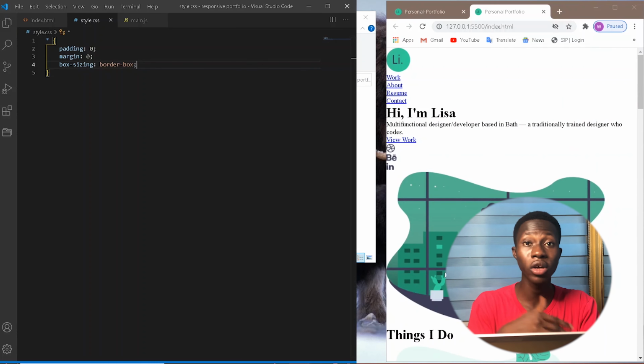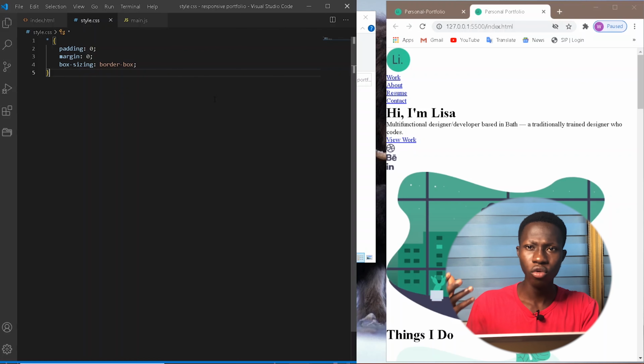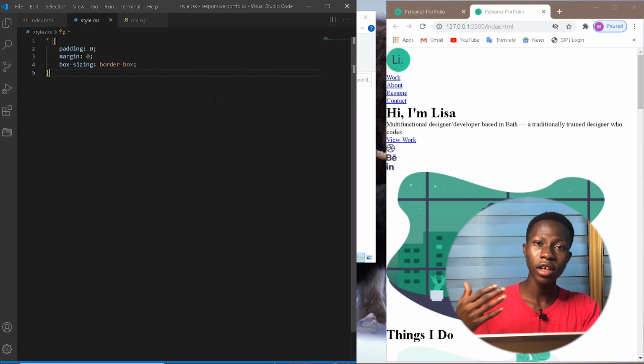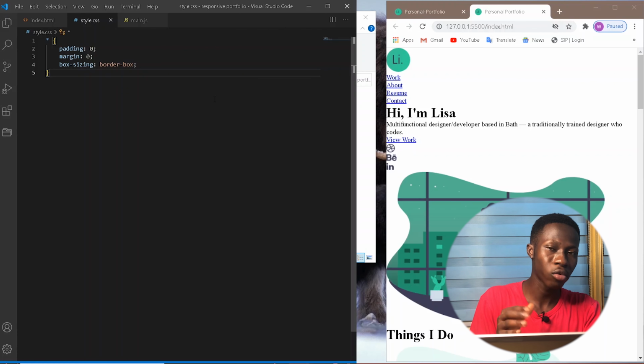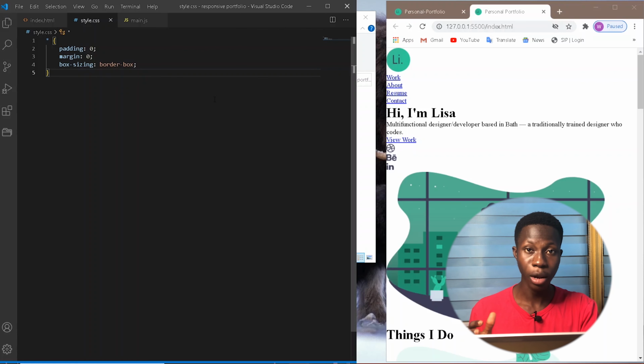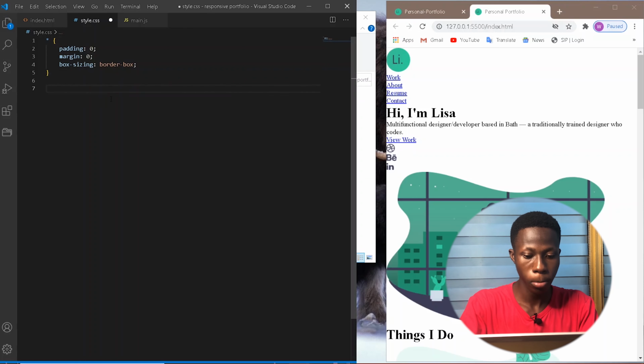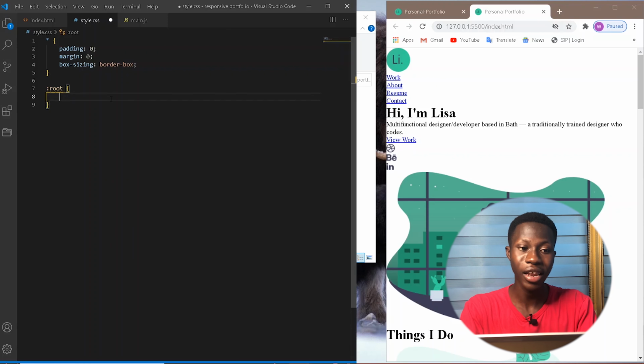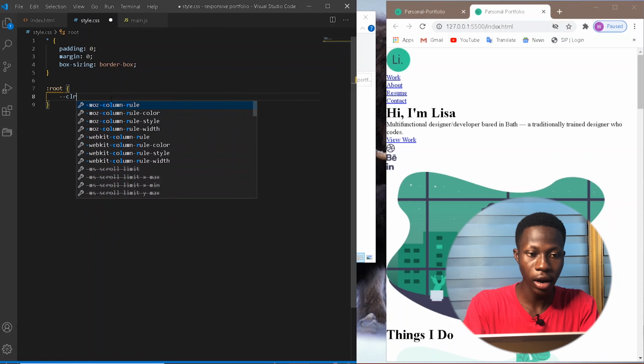Now there's something I'm going to introduce here. I won't really explain it, but I'll introduce it so that you just see how it works. It's called custom properties. It's a thing of the future, and the earlier you start getting accustomed to it, the better. We'll have a separate video to explain that, but for now let's just have it this way. So I'm going to say root. This is where you can set some properties that will run through everything, more like variables. So in the root, I'm going to say color primary,